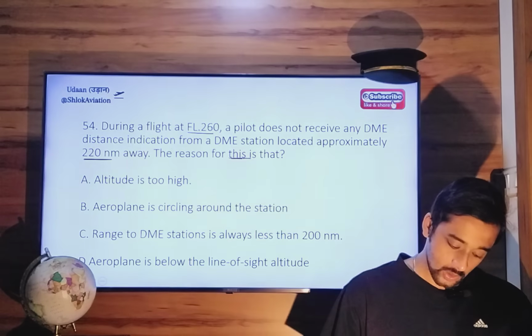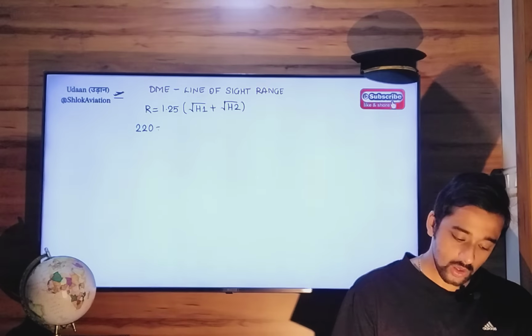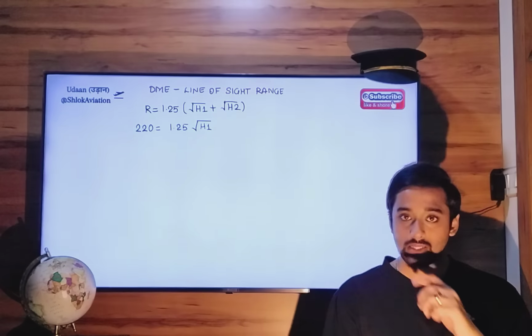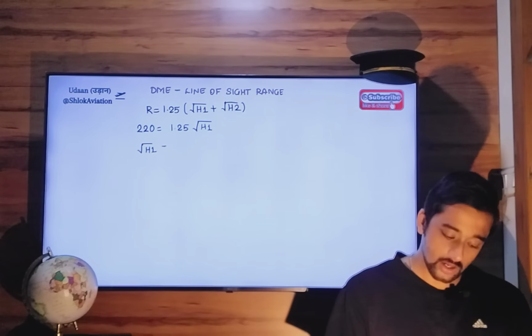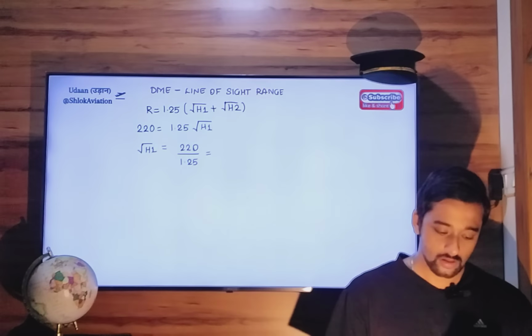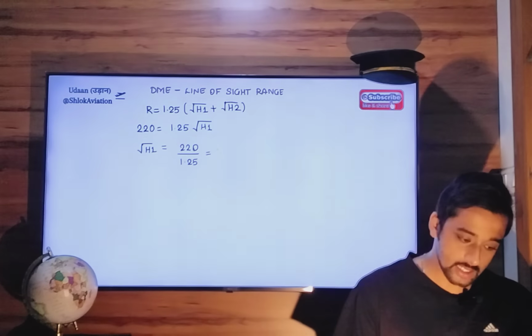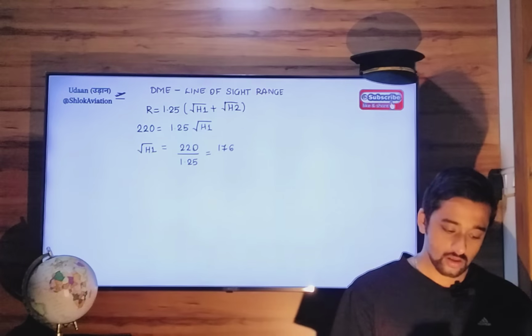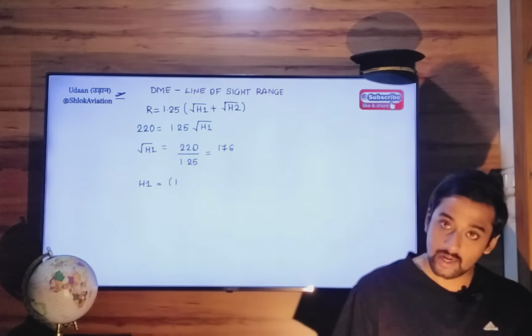So range is 220 nautical miles. 220 equals 1.25 times the square root of h1, where h1 stands for the height of the aircraft. So root of h1 is equal to 220 divided by 1.25. 220 divided by 1.25 is 176. Now 176, so height 1 will be 176 squared,